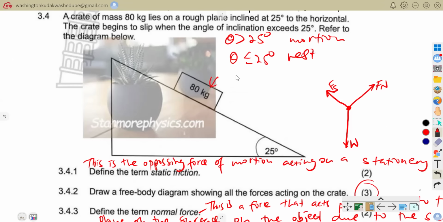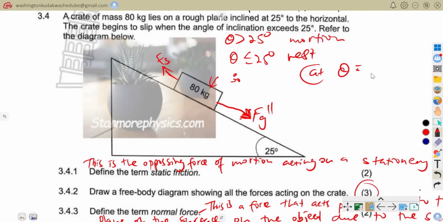Meaning that when the angle is less than or equal to 25 degrees, the object is at rest. Therefore, it simply means that whatsoever component of the weight is in that direction will be balanced by the static frictional force when we are at the angle of 25. So this is the parallel weight component of the force. So at theta equal to 25 degrees, we have our static frictional force being equal to our parallel weight component,